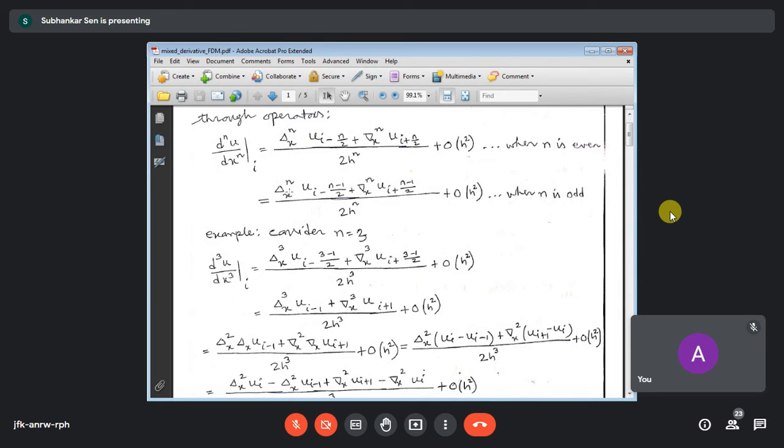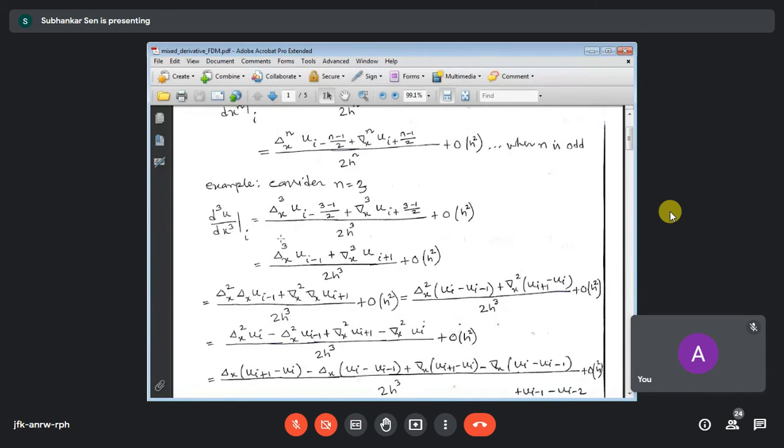So this is del x 3 u(i-3-1)/2. And similarly, we find out this expression. Correspondingly, this will be 2h cube. But this is not going to change. The order of accuracy is predefined. This is order of h square. So now from here we are finding del x cube u(i-1). This will give you 1, and this is also opposite. This is the reverse operator, the backward difference operator, del x cube, reverse del, you can tell. So we can tell that this is u(i+1).